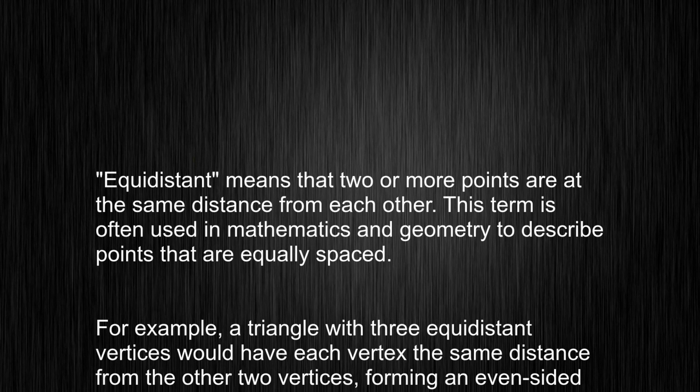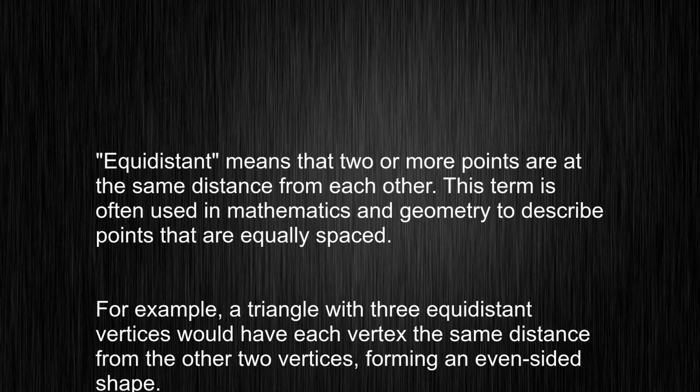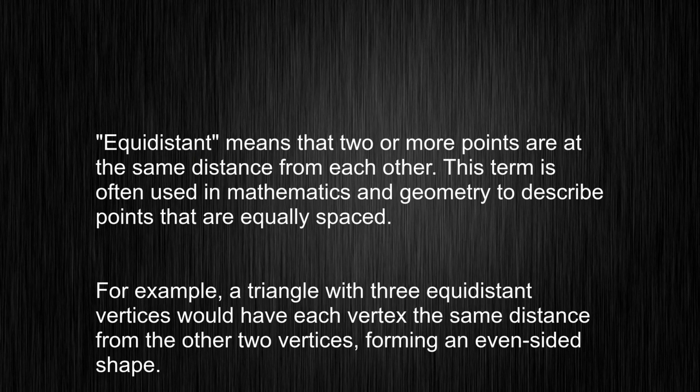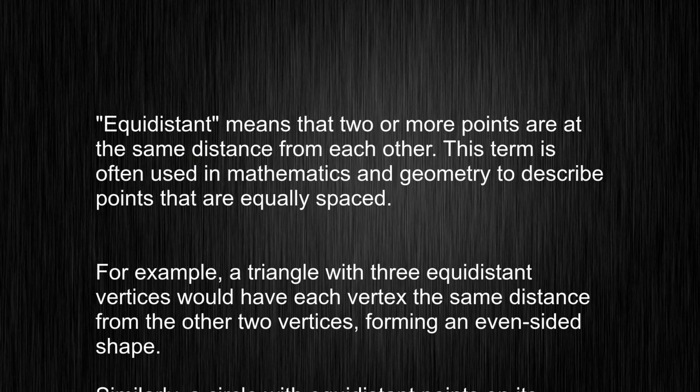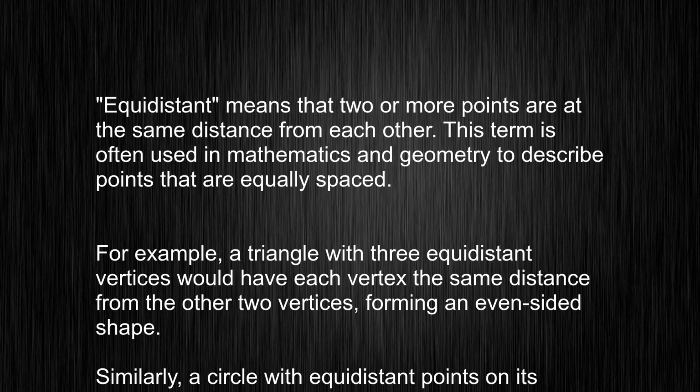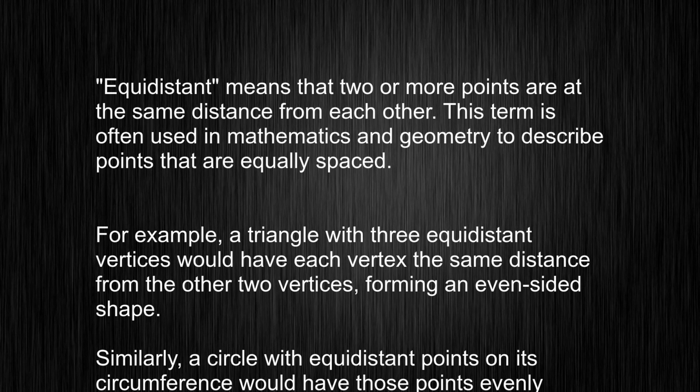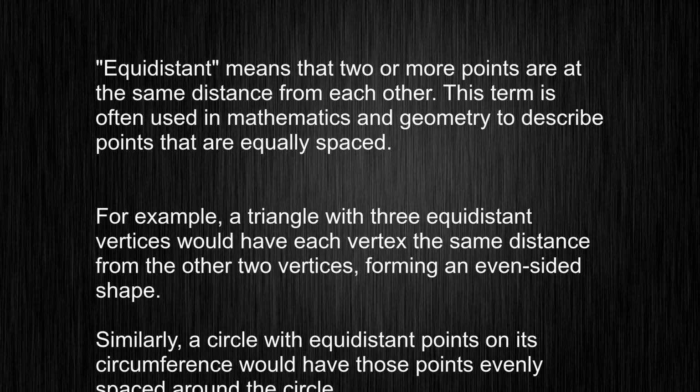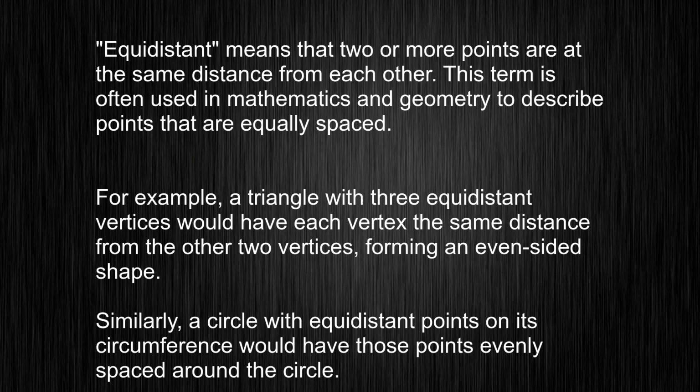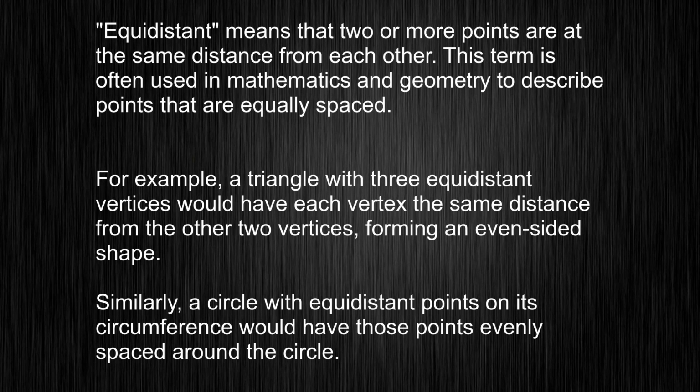Equidistant means that two or more points are at the same distance from each other. This term is often used in mathematics and geometry to describe points that are equally spaced. For example, a triangle with three equidistant vertices would have each vertex the same distance from the other two vertices,